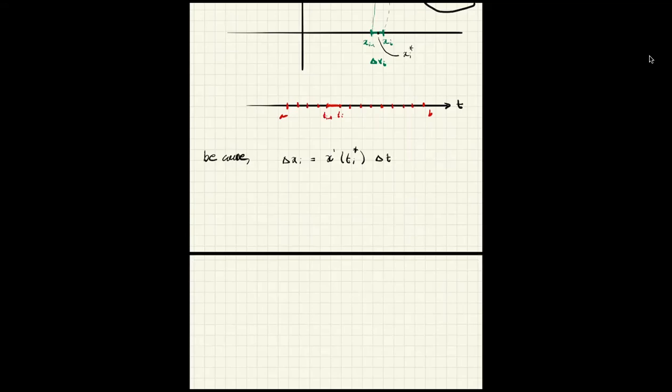This is the mean value theorem. Okay, this is the mean value theorem. For some ti star inside the interval,